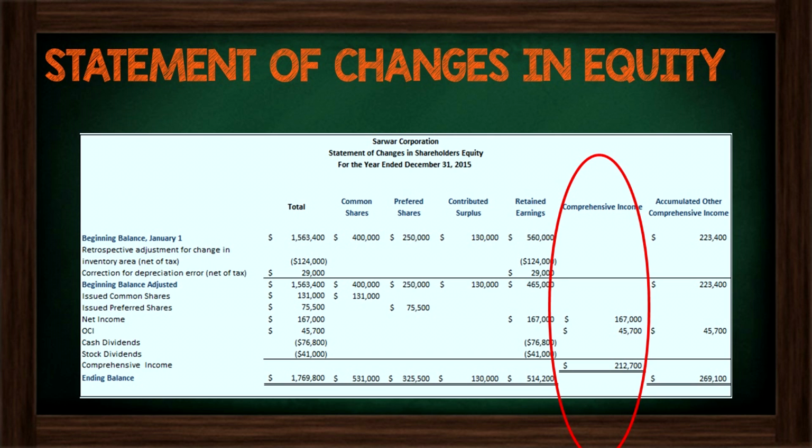I think it's very weird why we do it, but that's just the way the big people up top make the standards. They want to see it on the statement, so that's what we do. So we already know how to calculate comprehensive income. Just take our net income of $167,000 and then add or subtract our other comprehensive income of $45,700, giving us our comprehensive income of